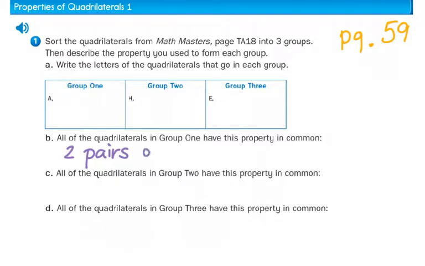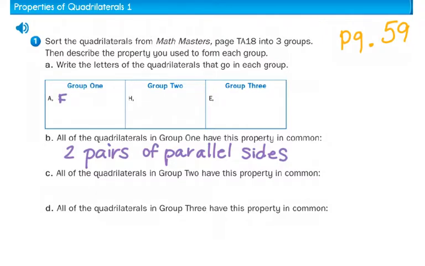It is two pairs of parallel sides. So what other shapes other than A have two pairs of parallel sides? I'm going to look at my shapes. B does not, C does not, D does not, E does not, but guess what? F